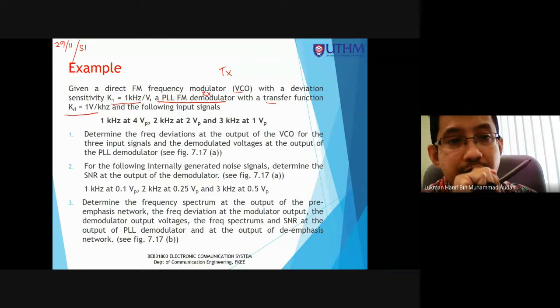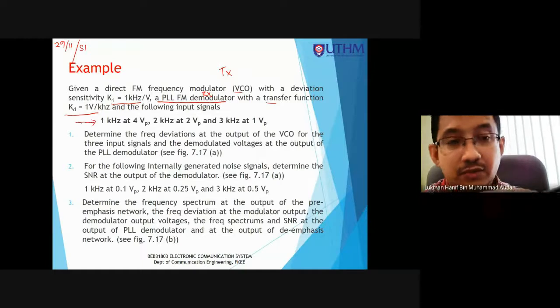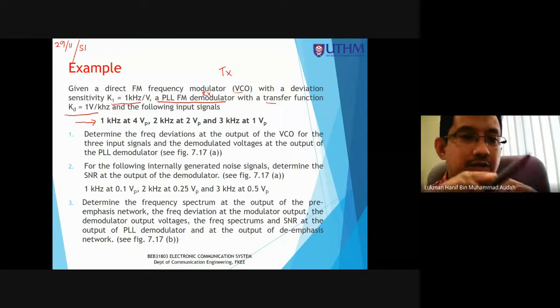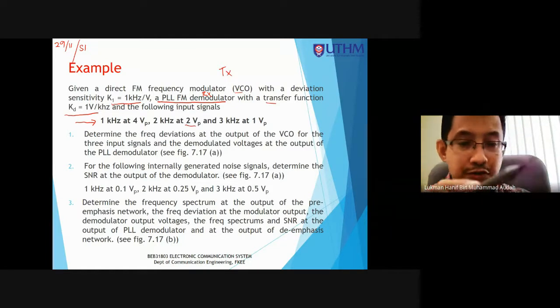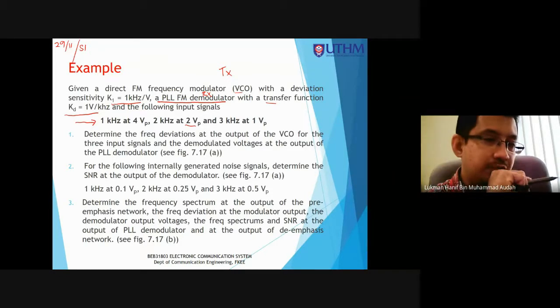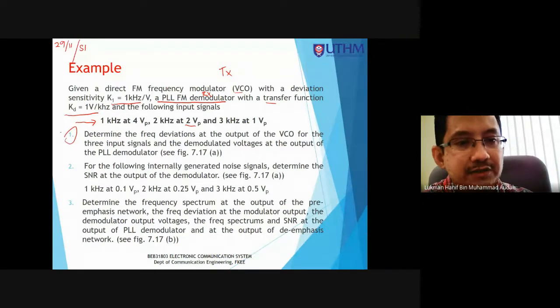And the following input signals. So we have the input signal at the transmitter. Ada 3 input signal. We have 3 input signals. 1 kilohertz with 4 volt peak value, 2 kilohertz at 2 volt, 3 kilohertz at 1 volt. So ini adalah input signal. So the first question asks,